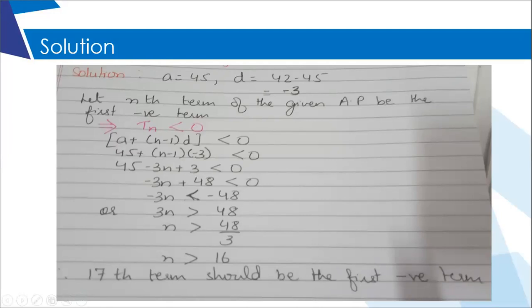No. I am not sure whether 0 is part of the series or not, so why would I start with that? I will not start with that when I'm not sure. But definitely I know one thing, that the series is descending. So there will be a stage when negative terms will start coming in the series. So what I have written with my pink pen is definitely going to be there, that the term will be less than 0. But term equal to 0, I'm not sure. I will not take that condition only.